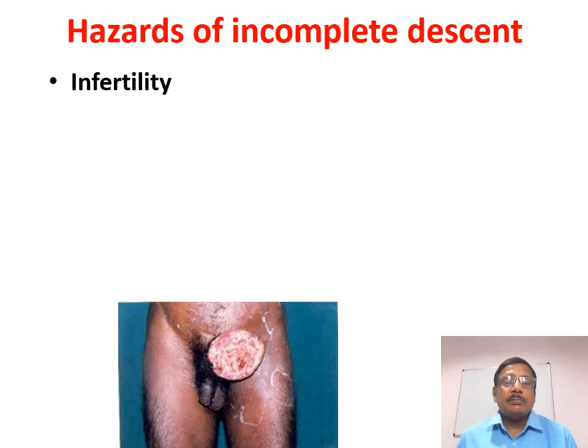Even the sperms which are produced may not be normal. That means they may be more abnormal, and that is what is known as teratospermia. So all these things you may find in due course of time, and the couple after marriage may be an infertile couple because of an infertile male.